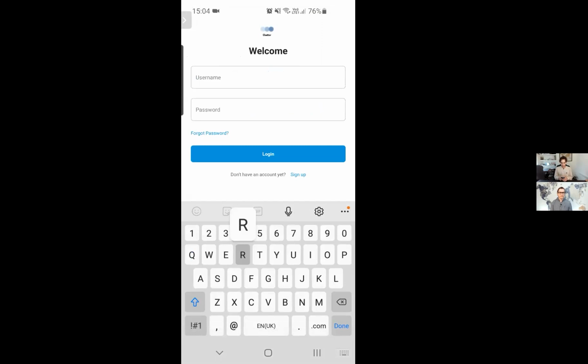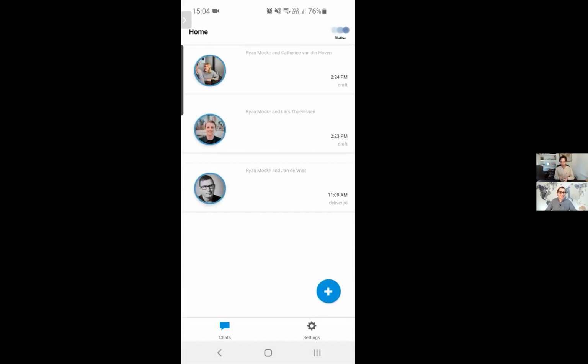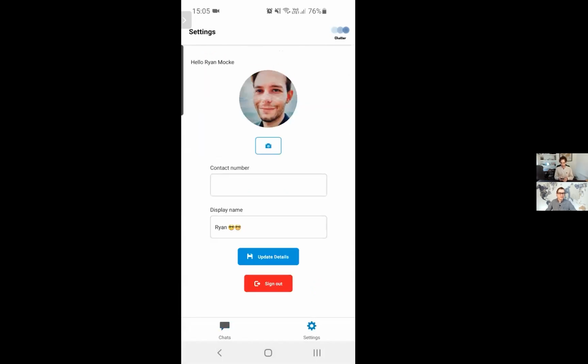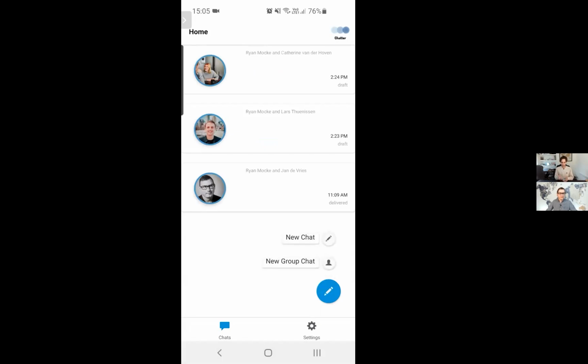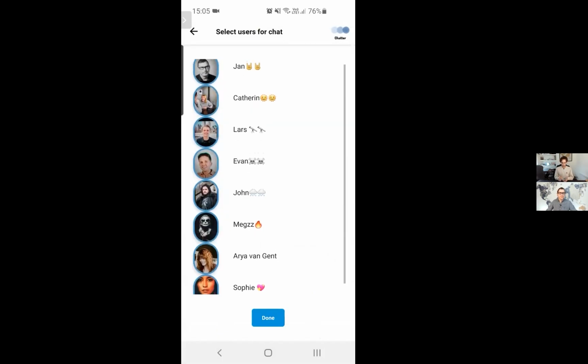So just a little simple login screen, and then log in. Now I know your password. It's fine. Okay, so here is our home screen. We've got some chats open. We've got a little profile for everyone. And to create a new chat, we click this button over here. You get a choice between 2. And we'll talk to